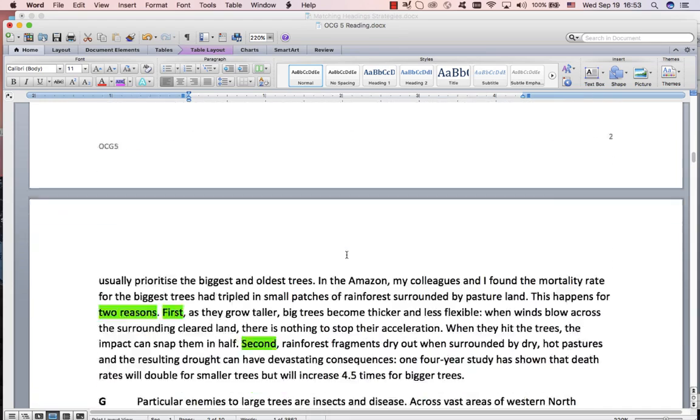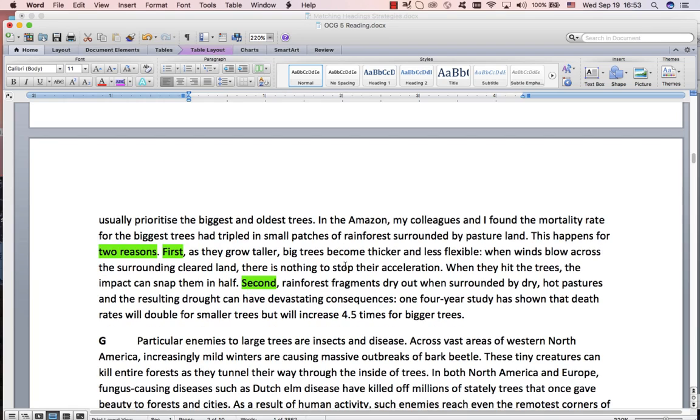Let's see if they can say how. Isolated trees. Now that is actually the isolated trees. They're small patches of land surrounded by pasture land. Pasture land is farmland, so the trees are isolated. Then this is the how. Okay, there I see it. How does the